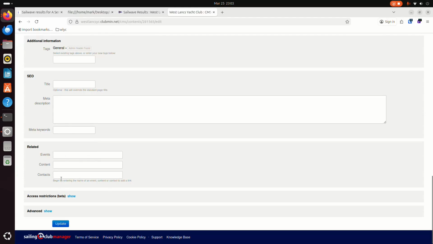These contacts and related information, don't put anything in there because this relates to other parts of the website. So it will relate to other things which might affect the membership side of the website and the way the boat parking is done. Leave them completely bare. Age restriction, the same thing, and the advanced, don't touch anything in there. Press the update button,